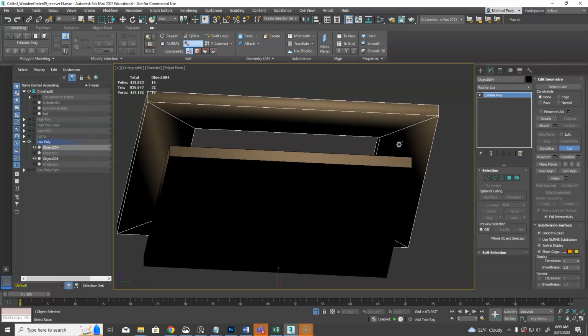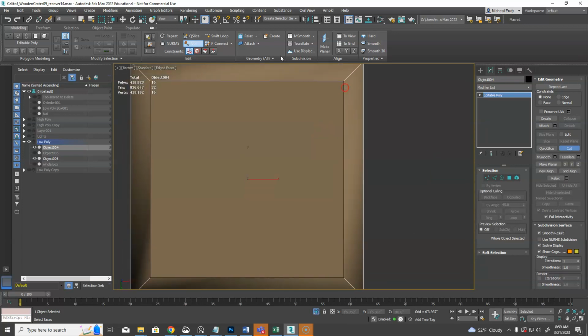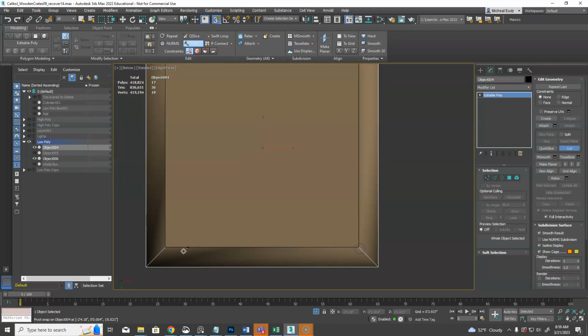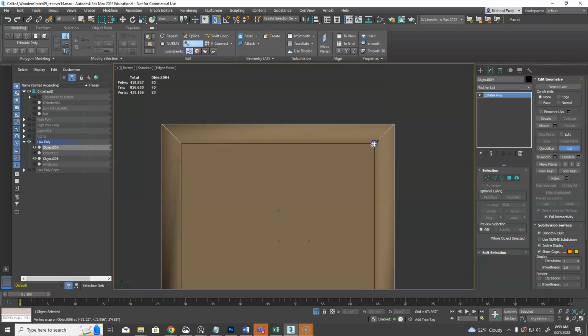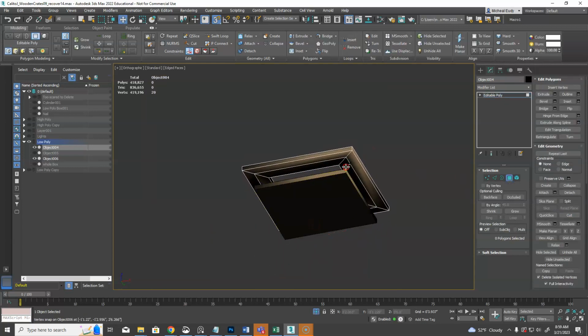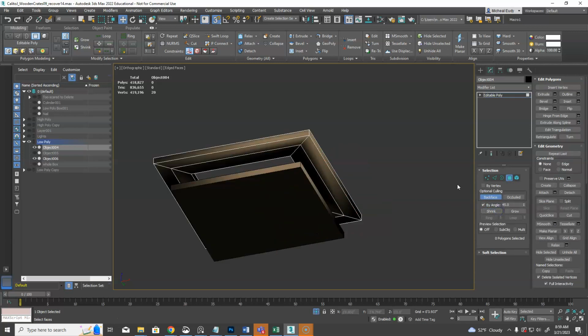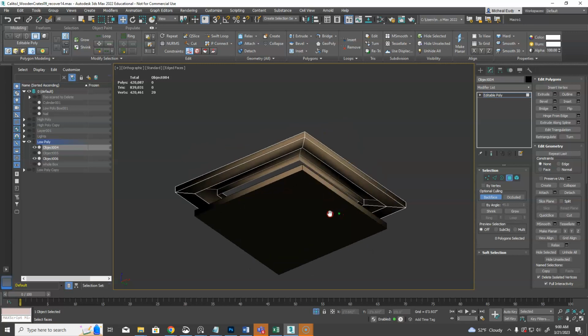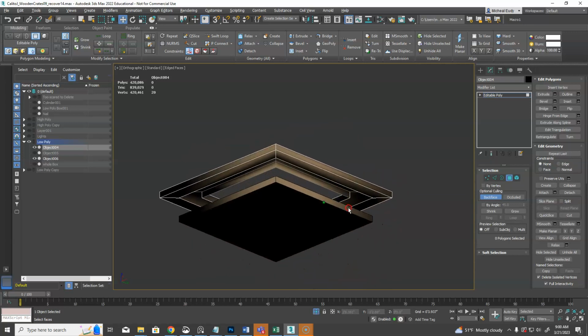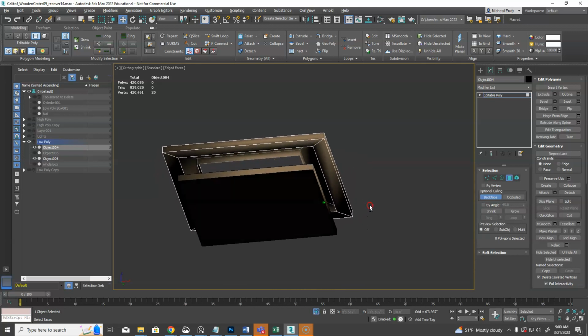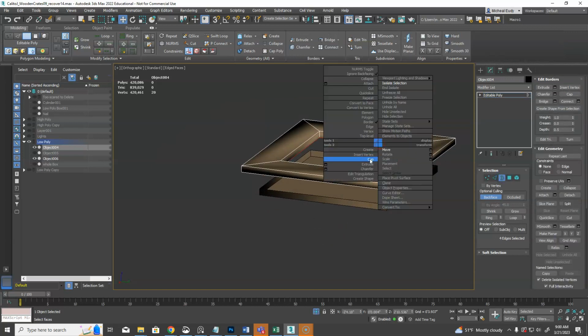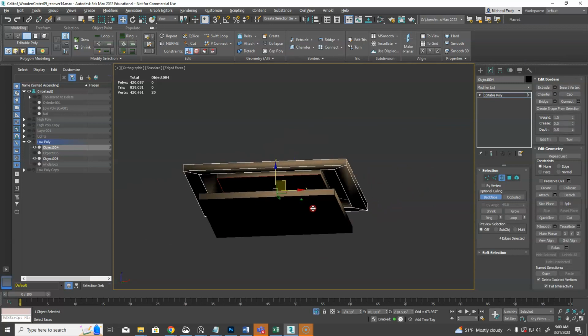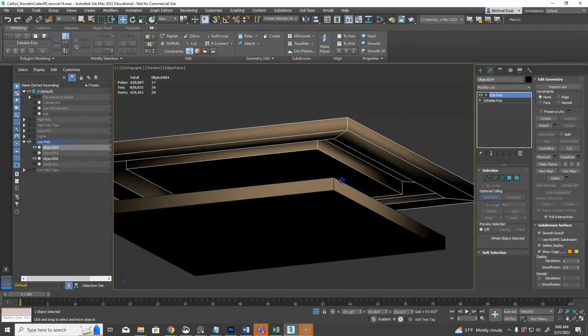All right, so now I can cut, and let's go to the bottom view, and then I can snap and cut like that, and then I can cap that. All right, then we can move